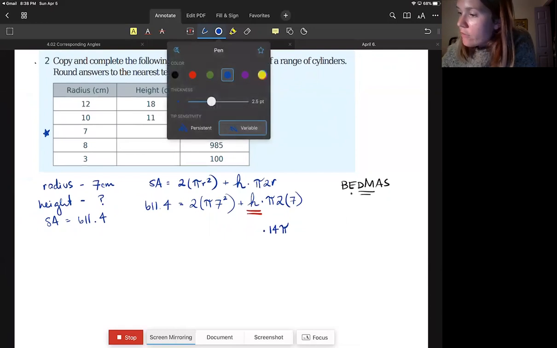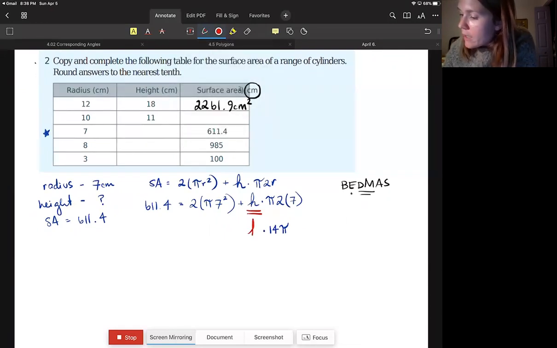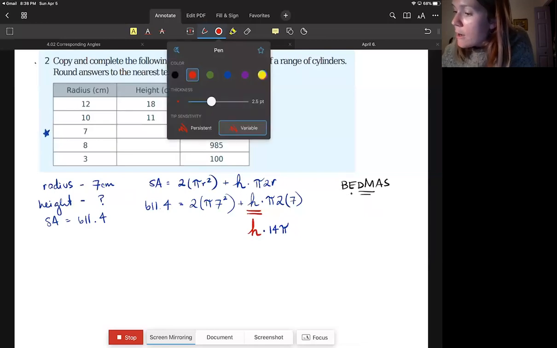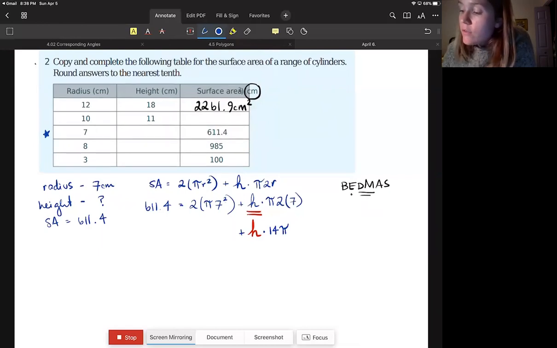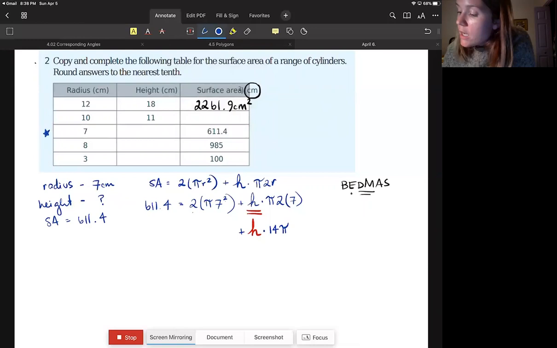And then I've got that variable h that I'm trying to isolate. So I'm just going to write it in red so that we know, don't touch it. 7 squared is 49. 49 times 2 is going to be 98 times pi